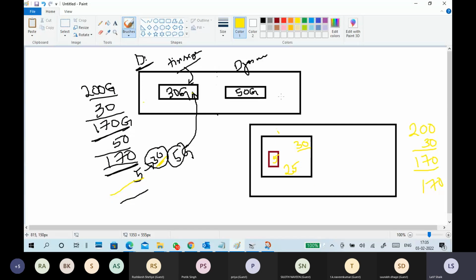For dynamic, I don't have an example now, so we'll come to dynamic. 50 GB. Okay, I'll take 5 GB data, and I put it in the 50 GB. What will happen? In a dynamic disk, 45 is free space, sir. So it shows 45 free space, and the total space in the D drive becomes